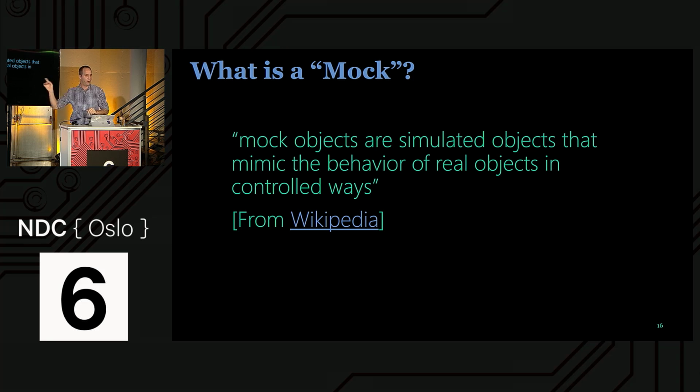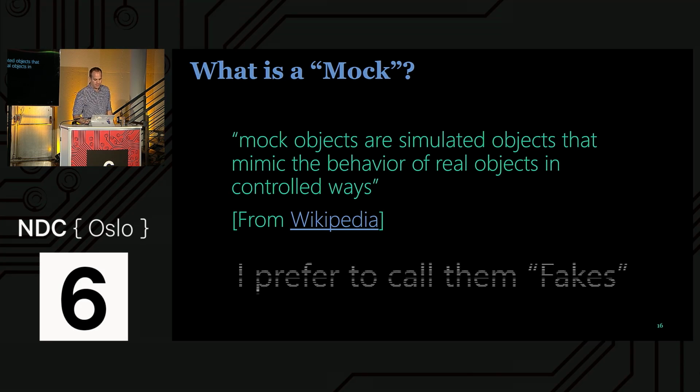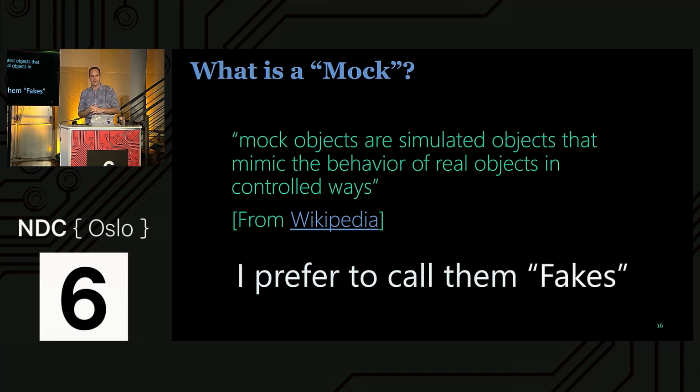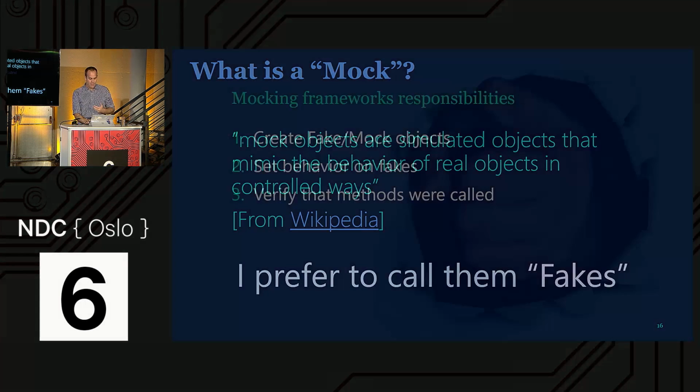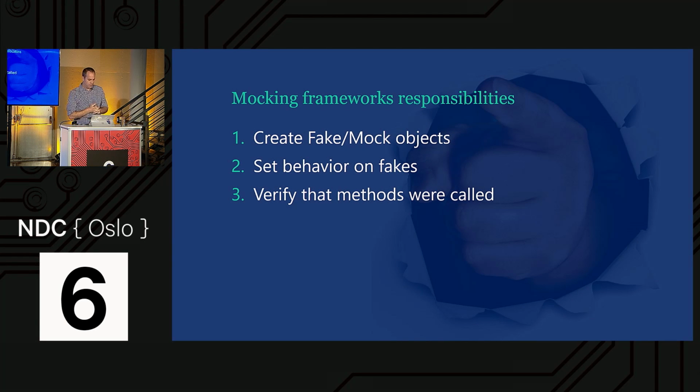They are usually called mocks. I call them mock objects for one reason only, for you to be able to Google for them, because personally I believe they should be called fakes. I find that the terms mock, stubs, test double, spy, whatever, are very confusing and turn people away from using those kinds of objects. Essentially, it's just a fake object that does absolutely nothing until I tell it to do something else. And those frameworks that create mock objects will probably use inheritance, although I'm not sure about all of them, but most of them, in order to create another object that overrides all the methods of that dependency and creates an object that does absolutely nothing.